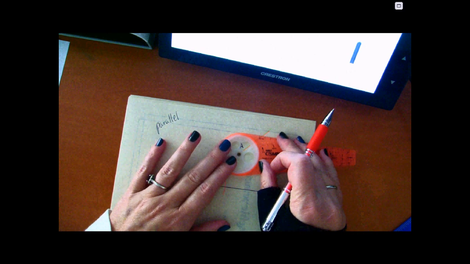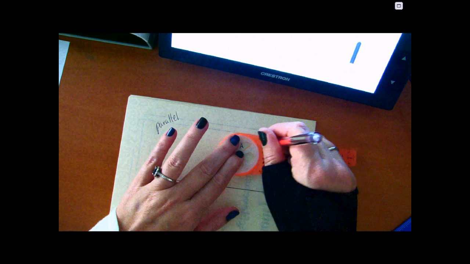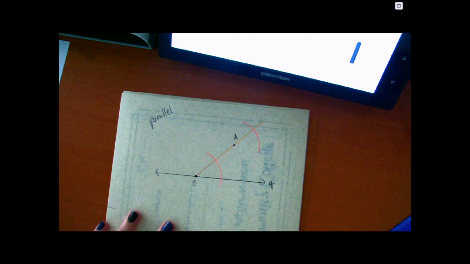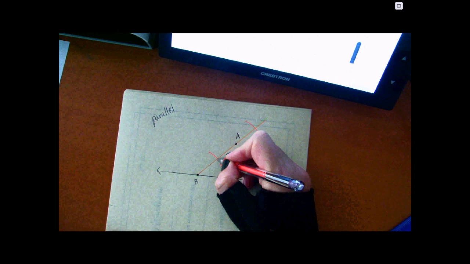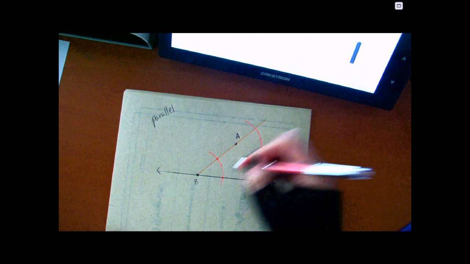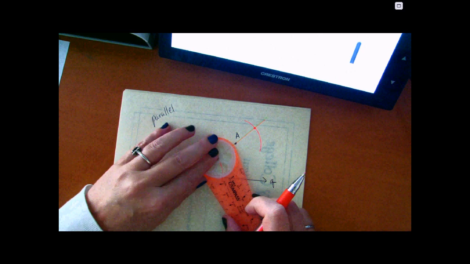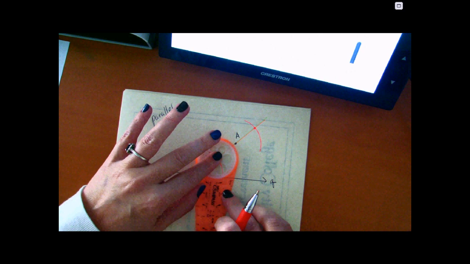Okay, so then I go to A, and I make an arc. So now I have my two arcs there. Then I'm going to put a point here, and here, and here. Okay. Now I'm going to find the distance between,